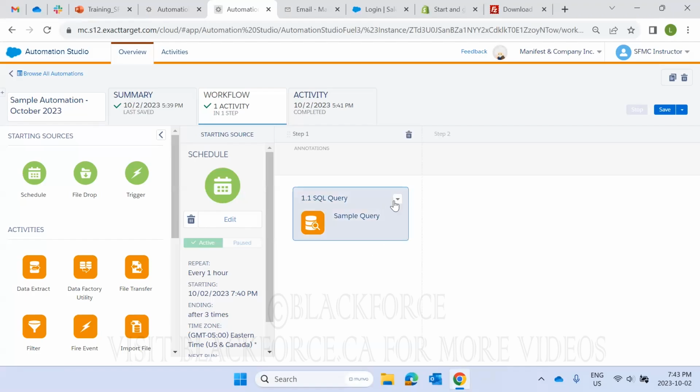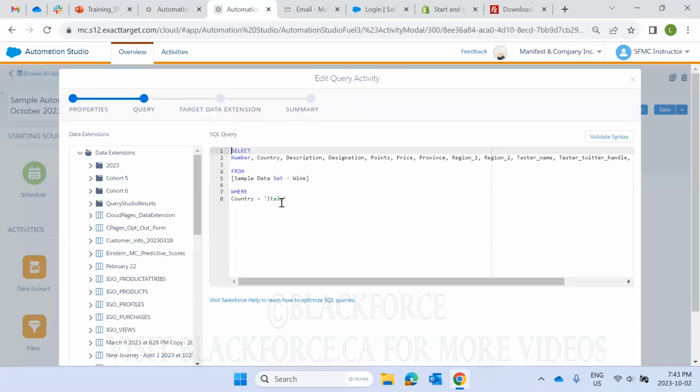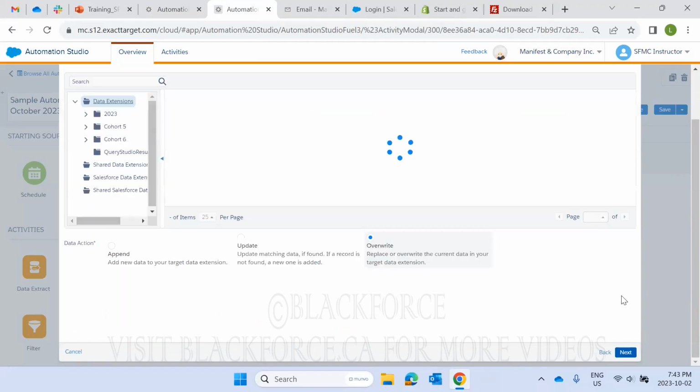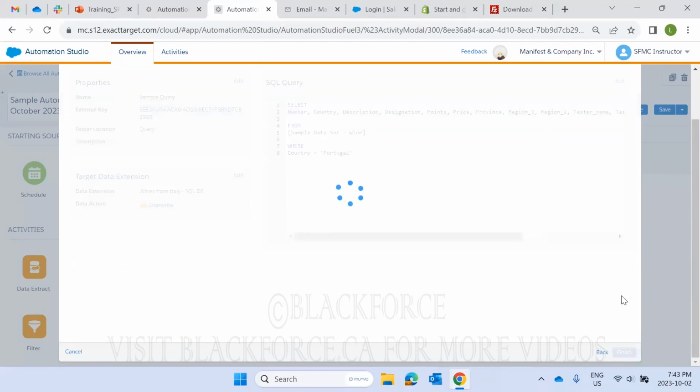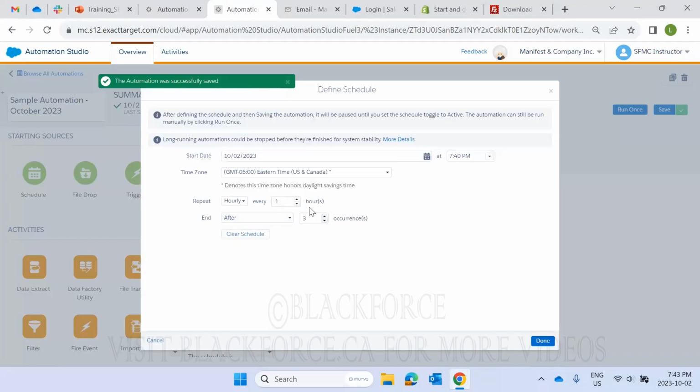Okay? If you wanted to change the content of your query, can you do that? Yes. Let's show you how. If you wanted to change the content of your query and say, I don't want everybody from Italy, I want everybody from Portugal. I change it, I validate it, I save it, I go next, finish, save, and I can reschedule my automation to run for a future time. So I have to,